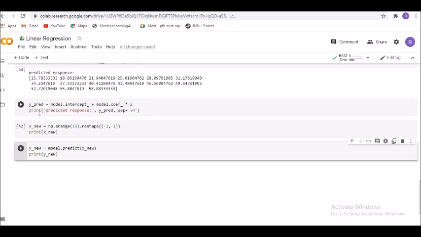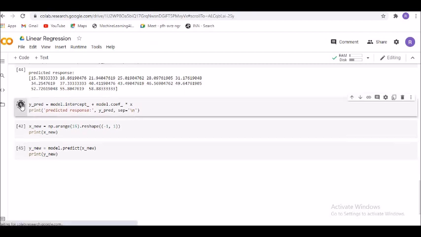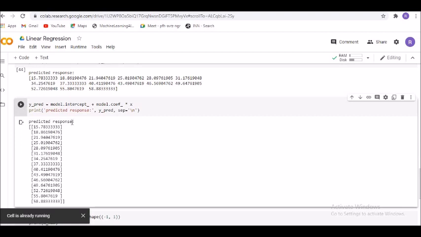Print predicted response, y_pred, and this is the response you have got. You are multiplying the element of x with the model coefficient and adding the model intercept to the product. This is how you calculate and render the linear regression, looking at the predictions of the values that you have got.